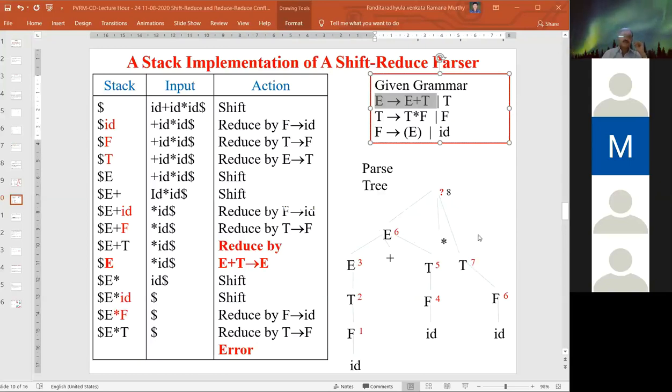But in that case also, E followed by plus is available, but E followed by multiplication, whether it is T or F, there is no production available. Then it is leading into the error. Whether the operation to be performed is the reduce operation or the shift operation is called shift reduce conflict. If you take one option, we successfully complete. If you take the other option, we fail. This conflict is called shift reduce conflict.